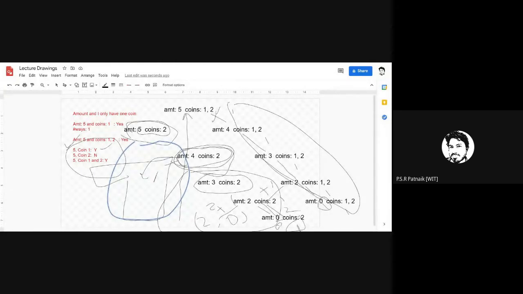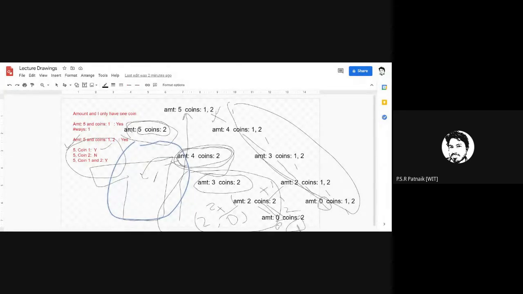Okay, so let us do one thing. Let us write the program. We will get far more understanding of this logic when we start looking at the tabulation approach as well. So we have seen this, right? 1, 2, 1, 2, and 1, 2, and all. So now let us try to convert this logic into a program.